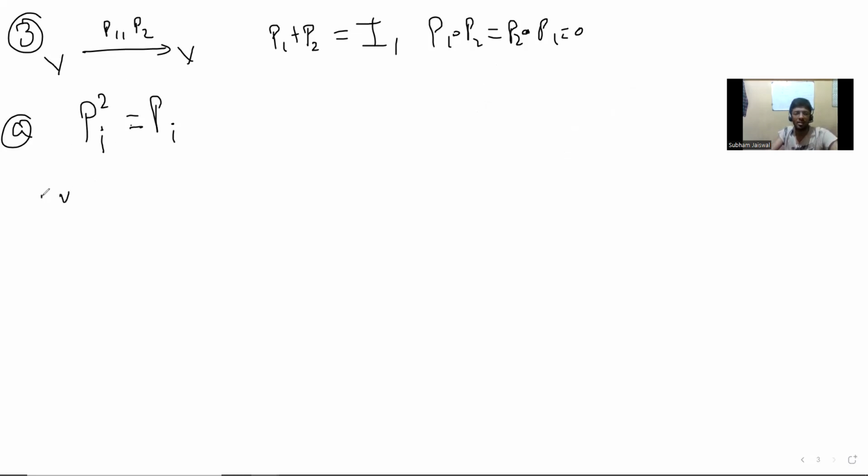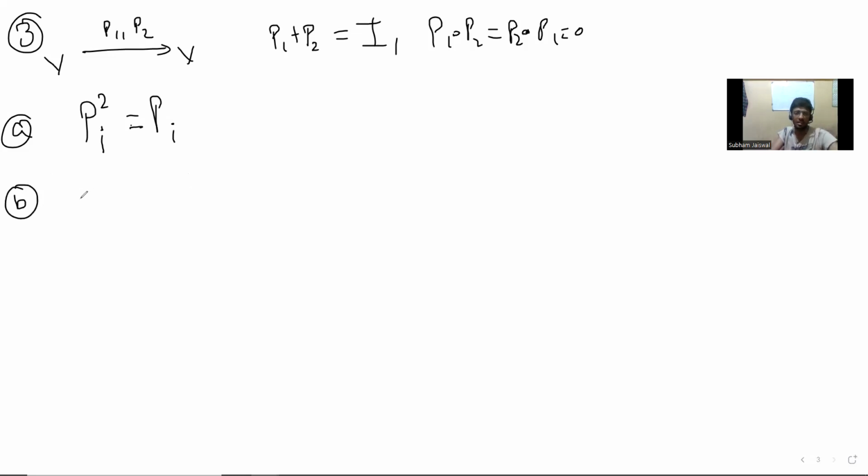This is very simple to check. You just take any V, and so you do it for P1. So you take V, you take P1V. Now you take P square, but just the way they have set it up, you can write it as 1 minus P2, and then you know P1 P2 is 0, so this really just becomes P1V. And similarly, so this is really simple. So let's just keep this condition. We have proved it, and then it's very simple.